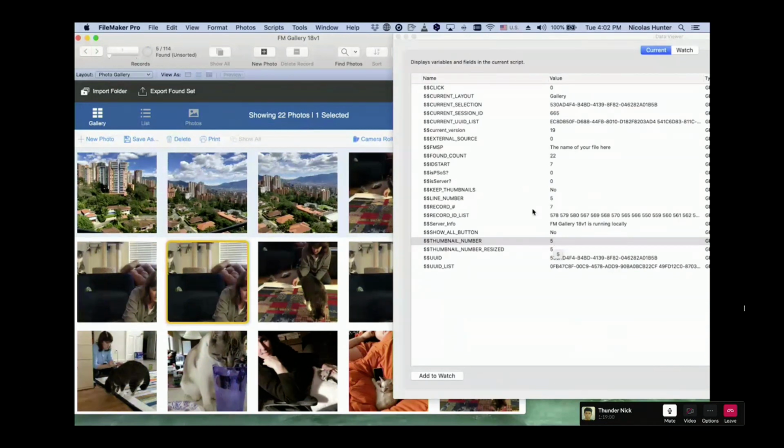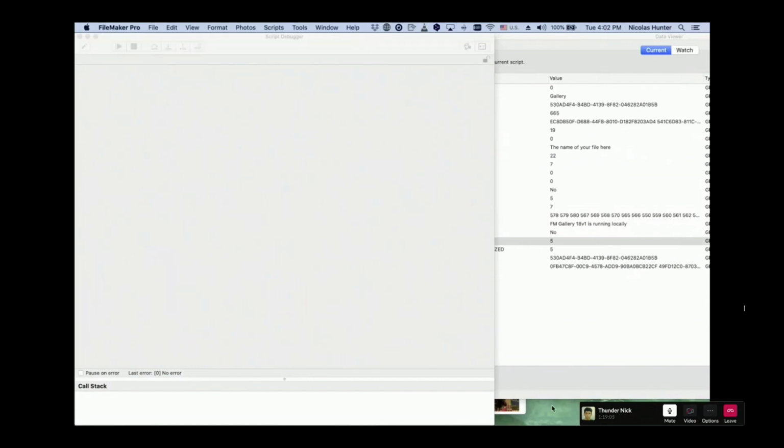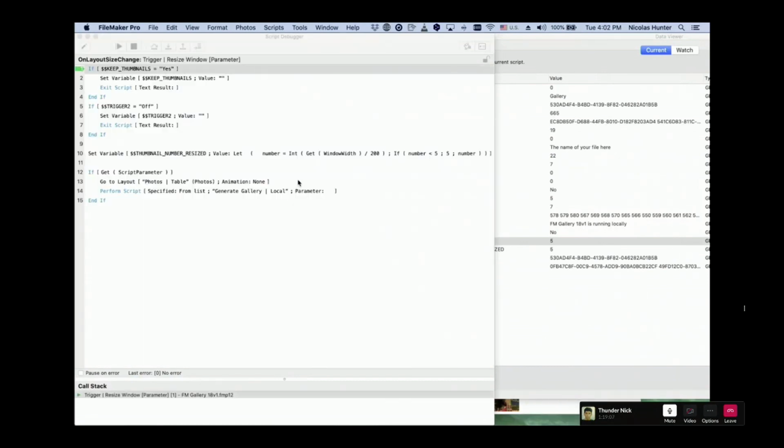So each time that I'm resizing this, bam, I have a script that sets the thumbnails number. Okay, that's what it says. I have a lot of tricks here that I'm going to explain